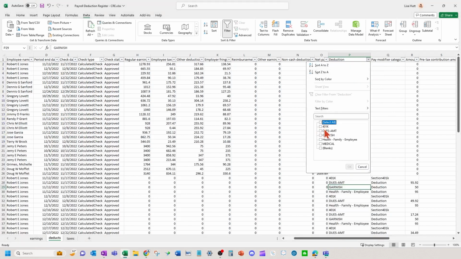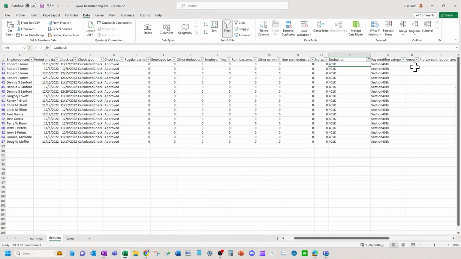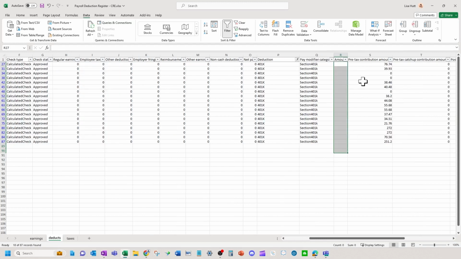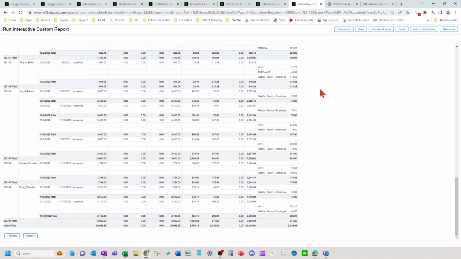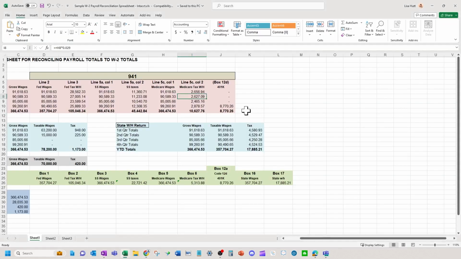Okay, and in the sample data, there's no 401k withholding, but you could add up these 401k deduction amounts. Excuse me, I just need to scroll over. You'd add up these pre-tax contribution amounts here, and that would go on the reconciliation worksheet here to tie out your gross wages to get to your Fed wages, for example.